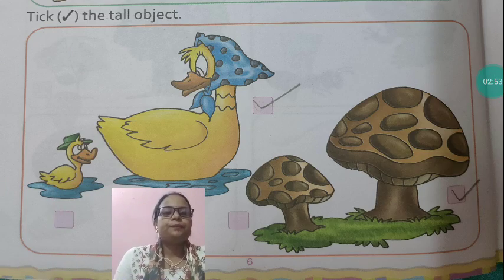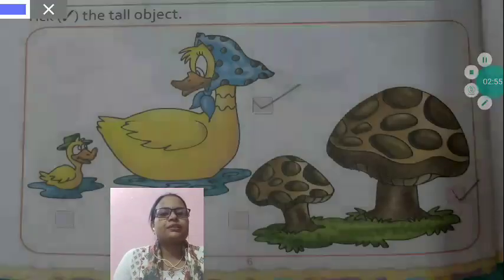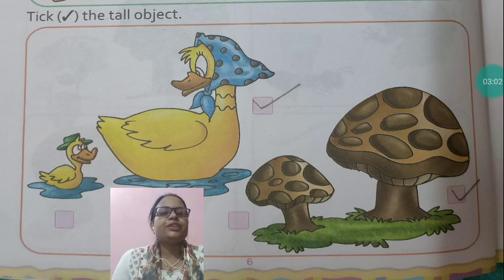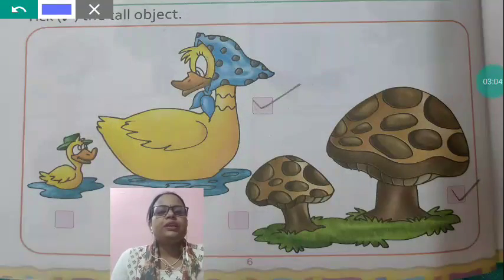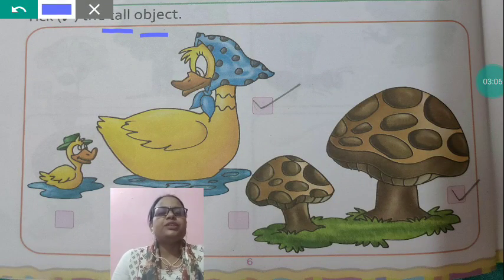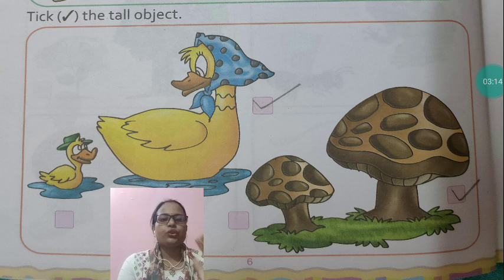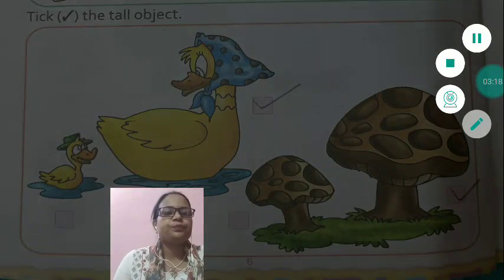Now you can see what is given on page number 6. T-I-C-K tick, T-H-E the, T-A-L-L tall, O-B-J-E-C-T object. Tick the tall object. You will have to find whichever picture or object is tall, and tick it.